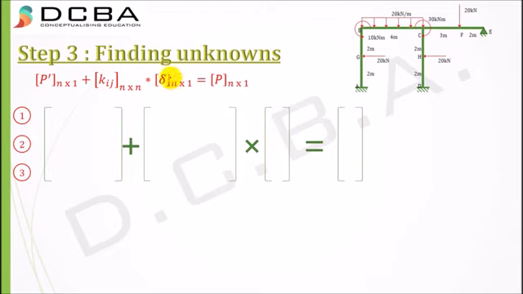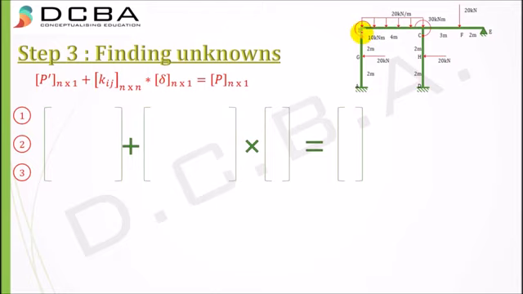Then delta n cross 1. These are the unknowns basically. So here it will be theta B, theta C, and theta E. Again it is a 3 cross 1 matrix. And the last is P n cross 1. Now each of these matrices has its different meaning. The first matrix, that is P dash n cross 1, is the fixed end moment at the corresponding joint of unknown. That is, if the first degree of freedom, that is first unknown, is theta B, right? So near this joint, whichever fixed end moments are there, we need to add them.